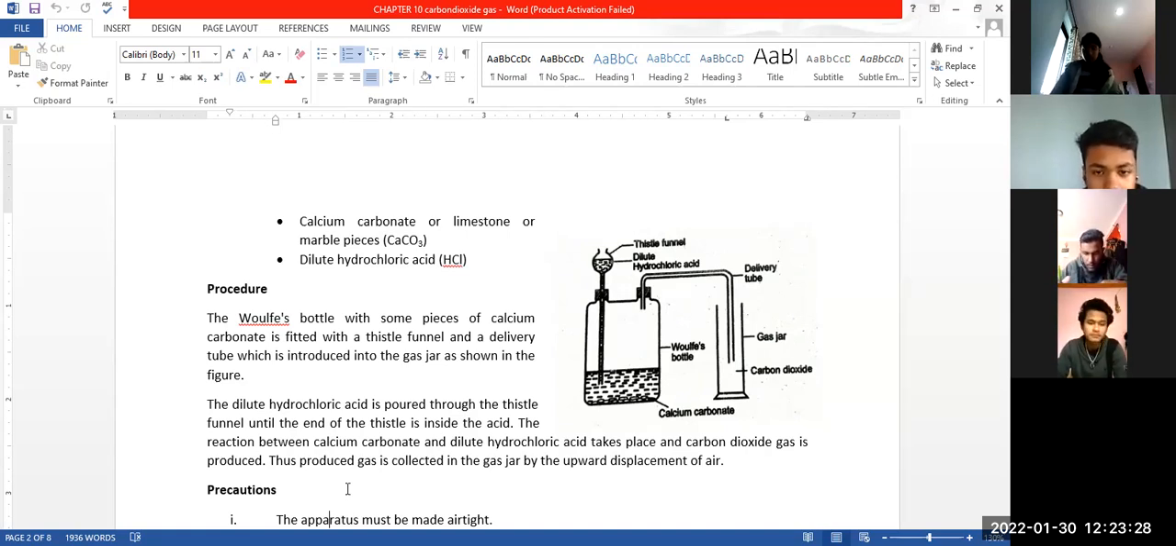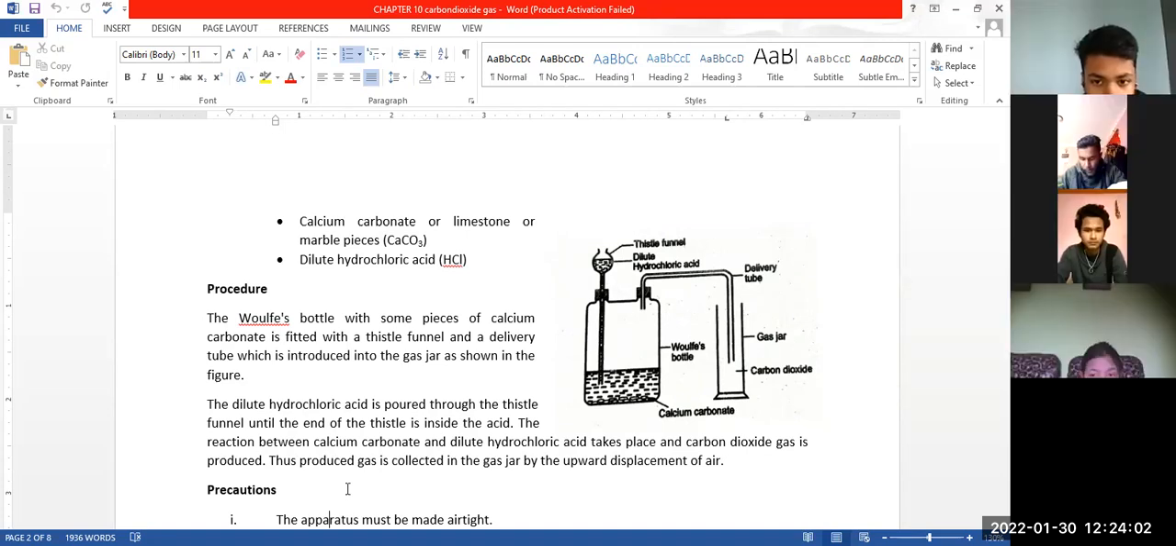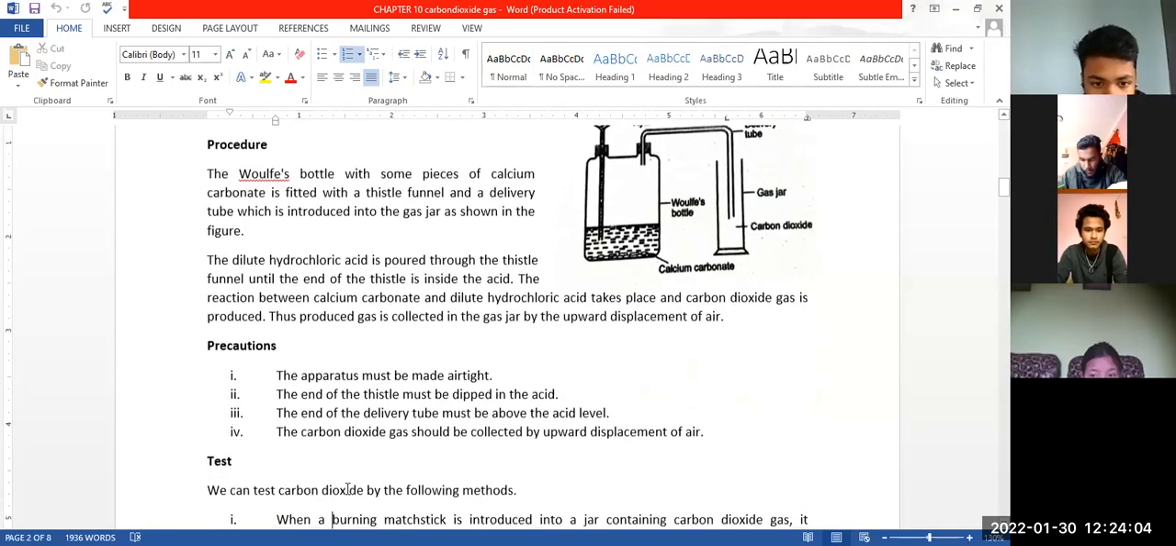Before carbon dioxide reaches the gas jar, there was air in the gas jar. Carbon dioxide gas is heavier than air, and thus it is collected in the gas jar by displacing the air of the gas jar upward, because carbon dioxide gas is heavier than air. So now, some precautions we need to take